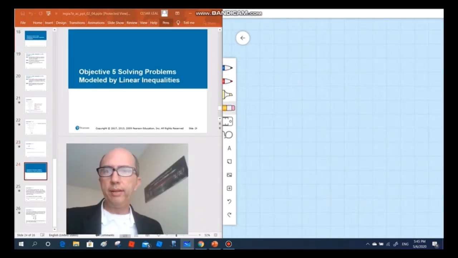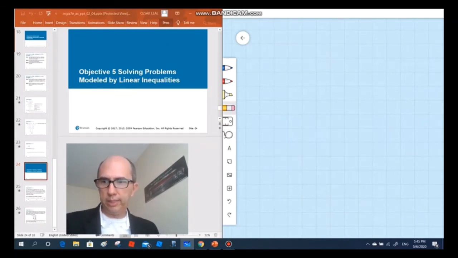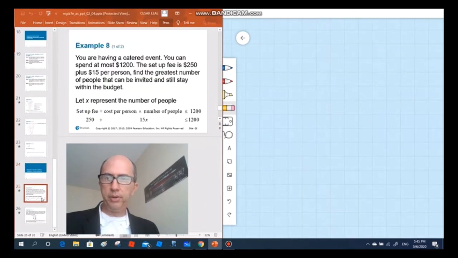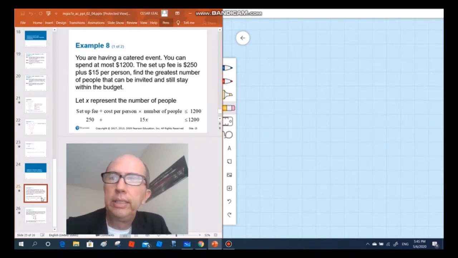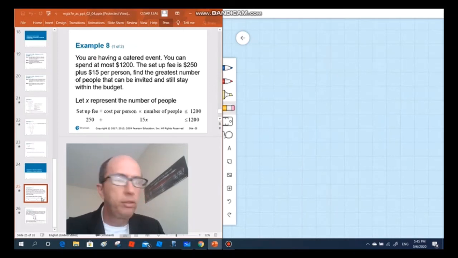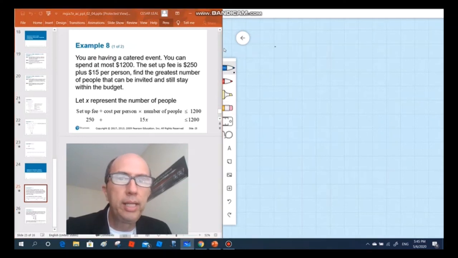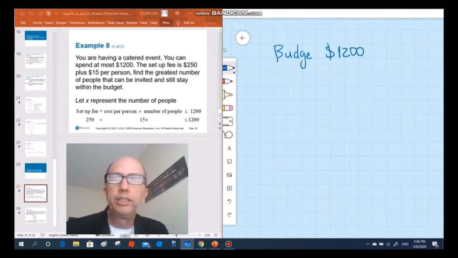Now finally, objective 5. Solving problems modeled by linear inequalities. And we will have here an example where I have a word problem. Let's read and understand first. You are having a catered event. You can spend at most $1,200. This is your budget. The maximum amount of money I can spend is $1,200. There's a setup fee for the